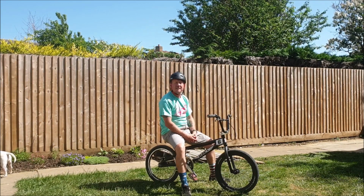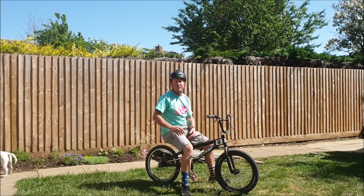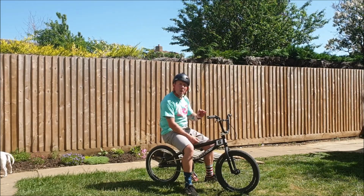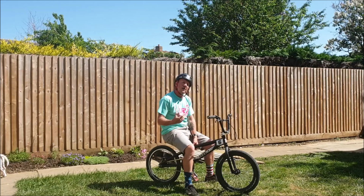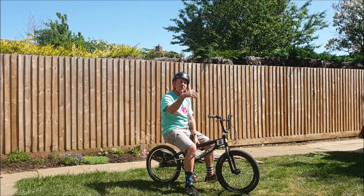So in a confined space like this, it's actually quite difficult because we haven't got much speed for a run up, we've got a very small ramp and very little run off. But with that said, it really gives you a chance to work on the technique, not worrying about the speed. If you can do things slowly and under control, once you get out on the track and the trails and start adding the speed, the technique will come easy, and it's just a case of then controlling the gap and